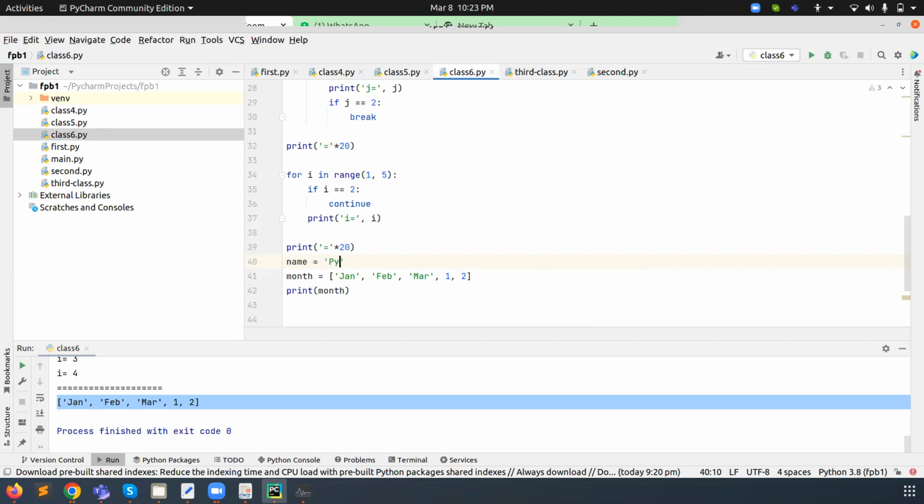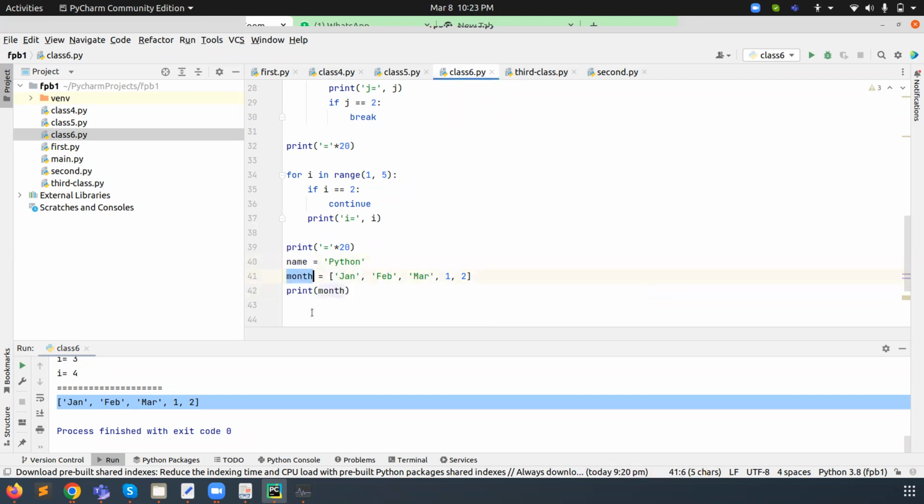Like here we have defined var equal to, or name equal to, for example, Python. This is the normal variable. A single value we have assigned here. When we want to define more than one value in a single variable, we need to use, just remember, a list. Here we are storing a combination of values. Either it's a string, an integer, a float, a double, or a boolean, any type of thing we can store. And when we print this, this is called a normal variable.